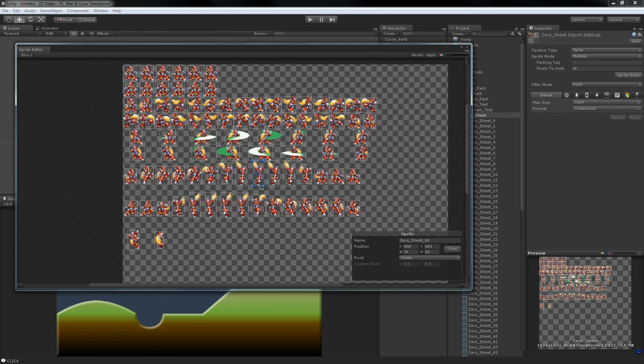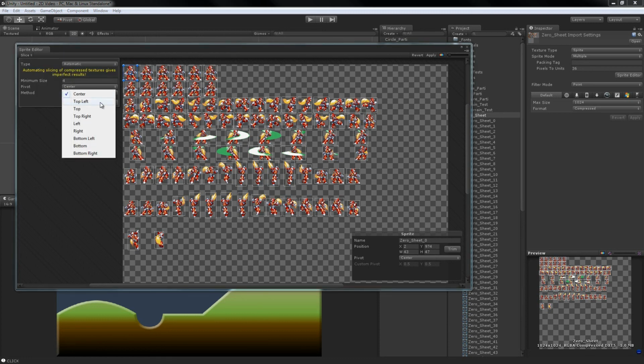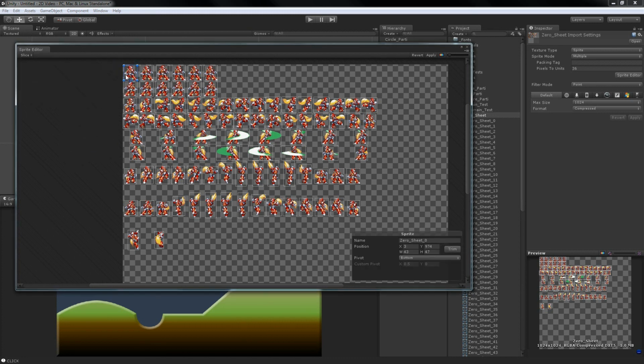So like if this sprite is sitting on the terrain, the bottom of this sprite is sitting on the terrain, the position of this is going to be higher than the position of this. And the way that you get around that is when you do the automatic thing, instead of hitting the center, you set the bottom, and then you hit slice, and now all the pivots are on the bottom regardless of